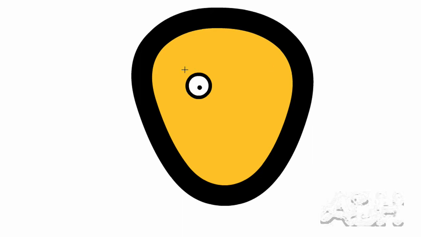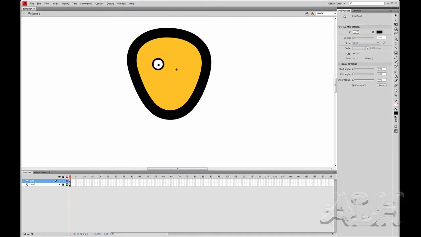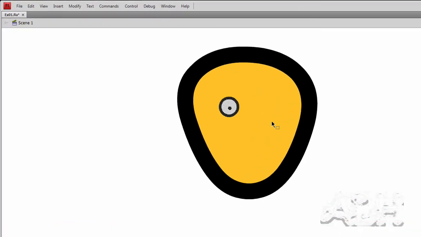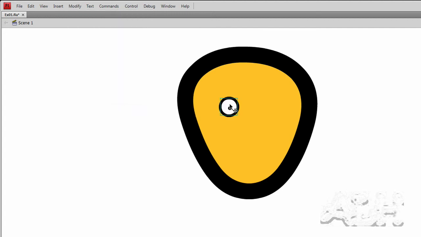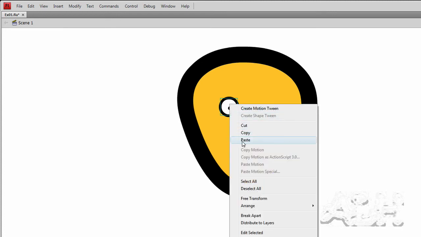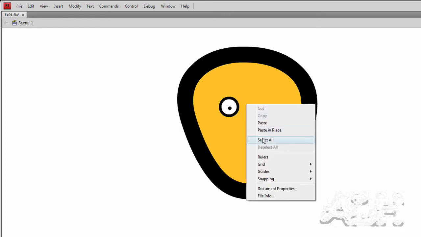So that's my first eye, and I want to duplicate that eye. So what I'll do is I'll group it. I'll grab the selection tool and select the entire eye. Now the selection tool is not selecting the face because that's on a locked layer, but it would if the layer was not locked. And what I'll do is I'll group this eye. The shortcut you can get off your menu, it's modify group, and then I'll copy it, and then I'll paste it,